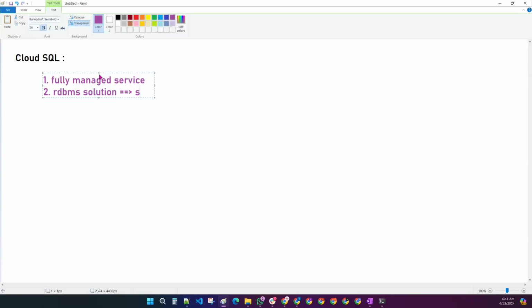For example, if you want to work with structured data, that means the data in a tabular format, which will have columns and rows,